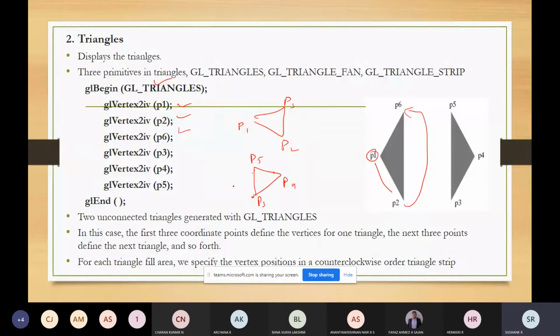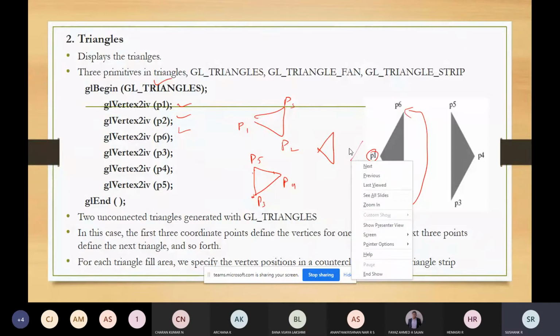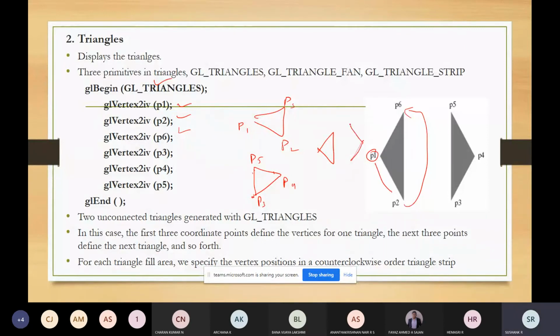Here, everything is represented with the points formed in anti-clockwise order only. So P1, P2, P6, then P3, P4, P5. The vertex positions will be in the anti-clockwise direction.